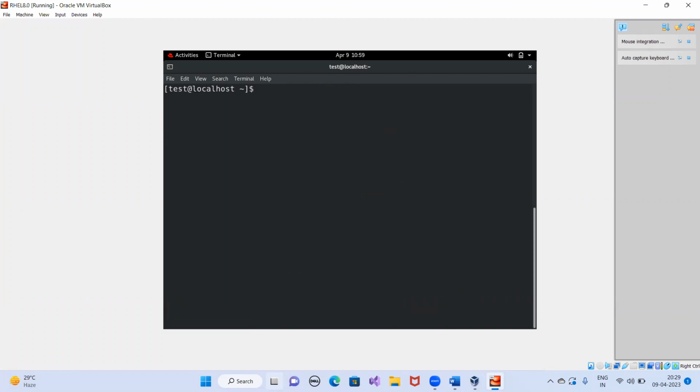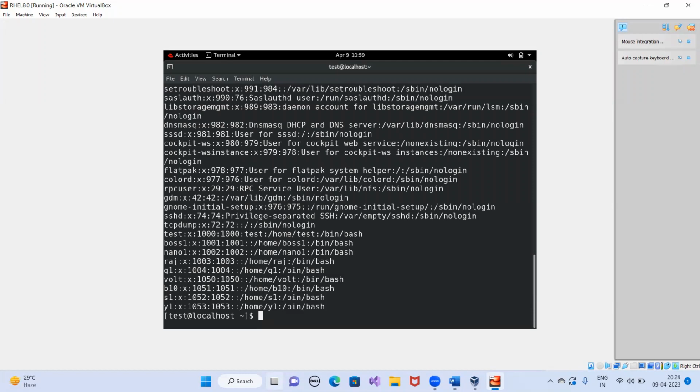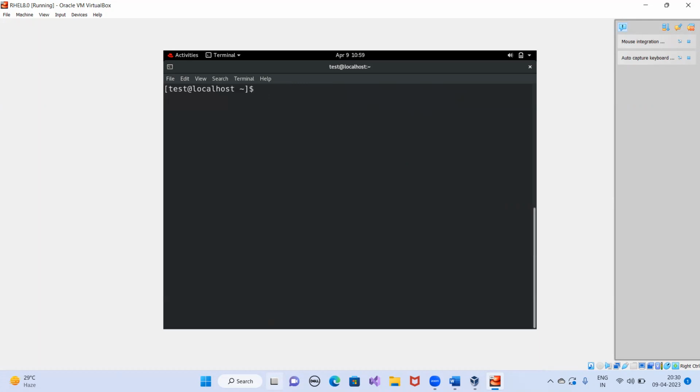And in case I want to check how many users are available in the Linux machine, we have done it yesterday. cat /etc/passwd. Yes, sir. Through this you can check it. And head, tail, that is also clear, right? Just do the practice of all this, otherwise Linux would be very tough for you to manage.